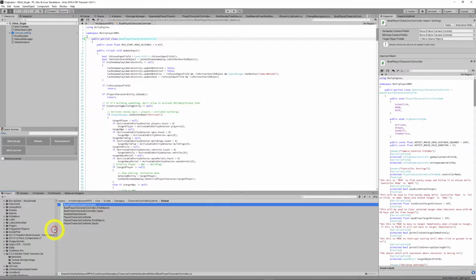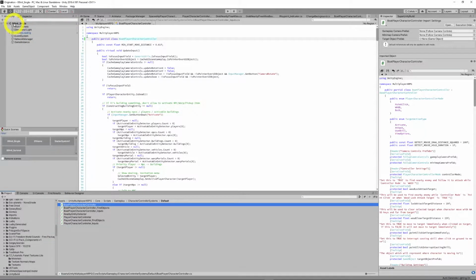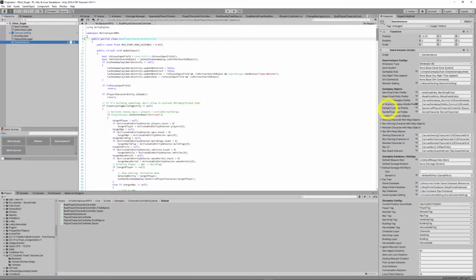Now, in order to attach this to something, we need to go to our init scene. So init scene single, your game instance, and you will find a default controller prefab, and you simply just drag your boat character controller to this. That will mean that all characters now use that as the default prefab, which may not be exactly what you want. So you can do it a second way, which is